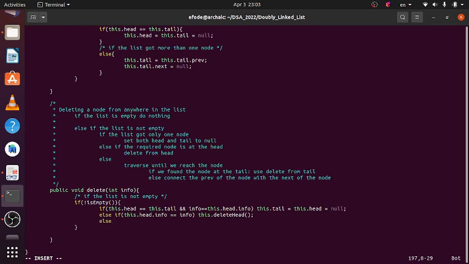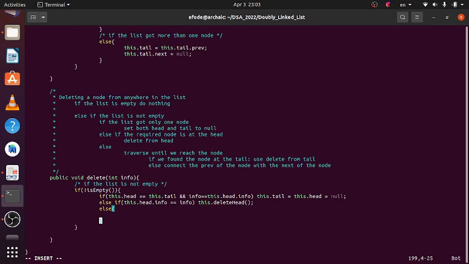Else, that means if it's not at the head, then let's create a temp node and set that to